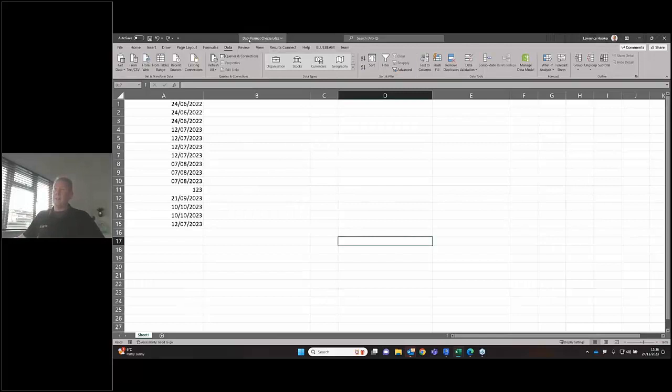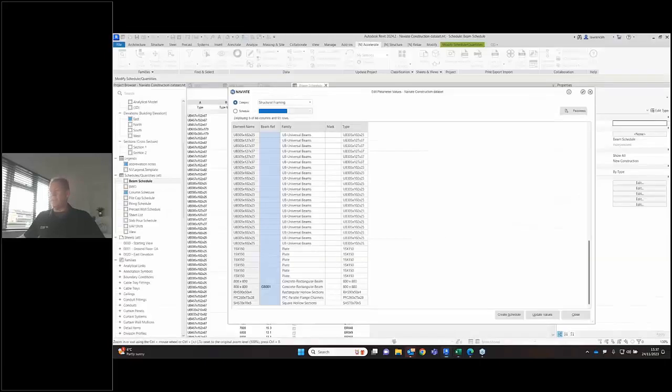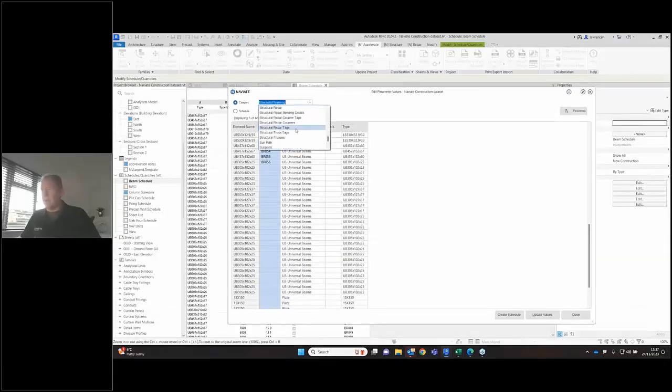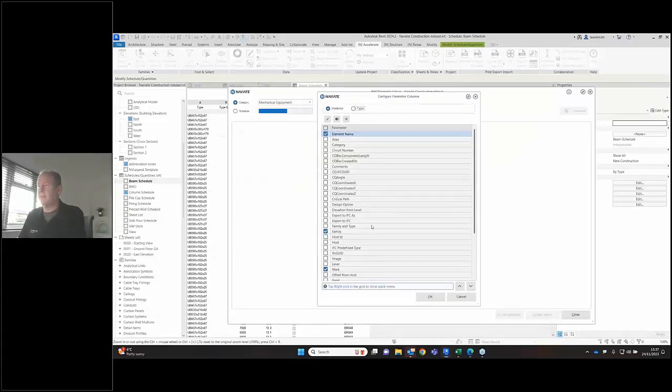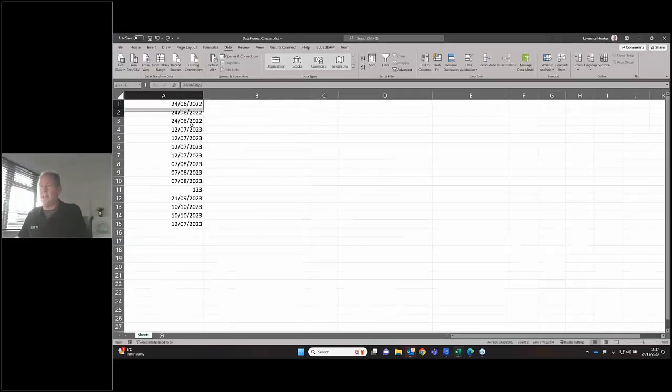Another example of that in here is this date format checker. So basically in here, I've got a column set up for date format. And going back and thinking about things like COBie information, if I open up our mechanical category, so we'll open up our mechanical equipment in here. We want to see the created on date for COBie, and we'll open that. Okay, and I can see straight away in here, I've got a whole bunch of dates in here. Some of them are correct, some of them aren't. Obviously in here, I can now go ahead, paste that in over there,